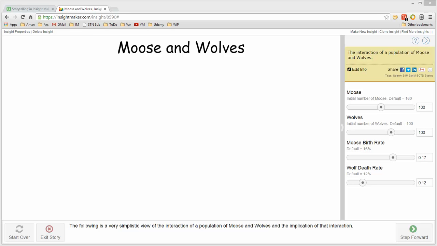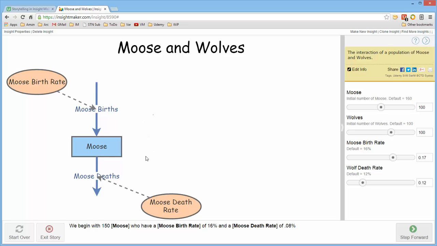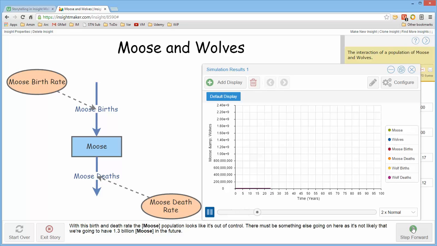This example of storytelling of a simulation model is meant to present two different populations separately and then interacting, to show the unexpected behavior of what happens when they are in fact interacting. It begins with a defined population of moose, and it talks about the structure of moose and the birth rate and the death rate, and then goes ahead and runs that simulation for a period of 100 years